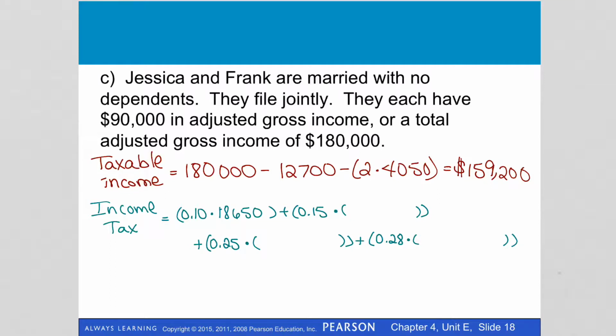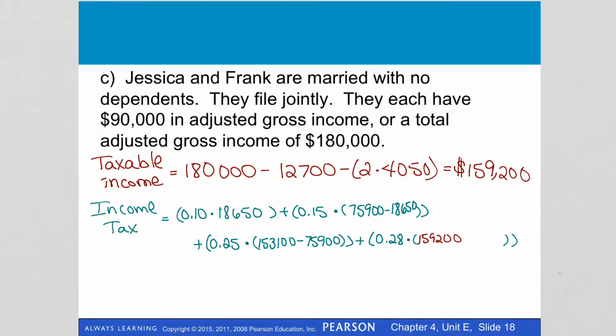The 15% is on $75,900 minus $18,650. The 25% is on $153,100 minus $75,900. And then the last is on